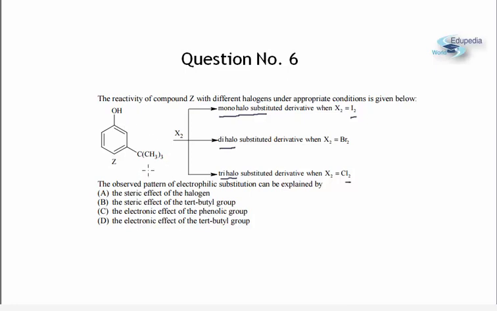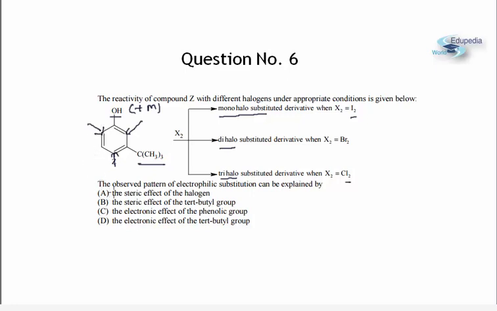One is OH and the other is the tertiary butyl group. We all know that when there are two groups on a benzene ring, the stronger activating group decides the position of the incoming electrophile. I repeat again, when we have two groups, in this case OH and tertiary butyl, the more activating of the two would guide the incoming electrophile. So clearly OH is a very powerful +M group, and this +M group would guide the incoming electrophile at the ortho, para and ortho positions.